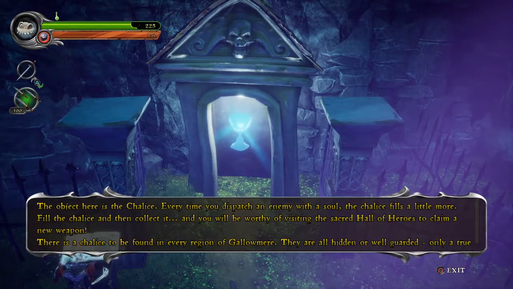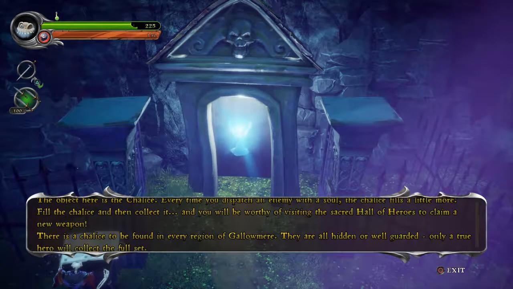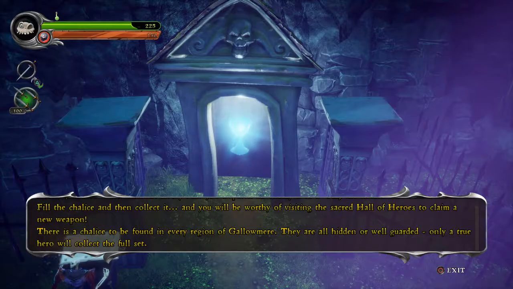The object here is the chalice. Every time you dispatch an enemy with a sword, the chalice fills a little more. Fill the chalice and then collect it, and you...